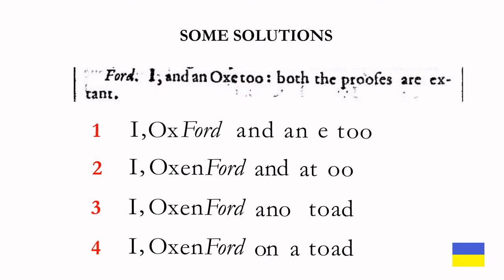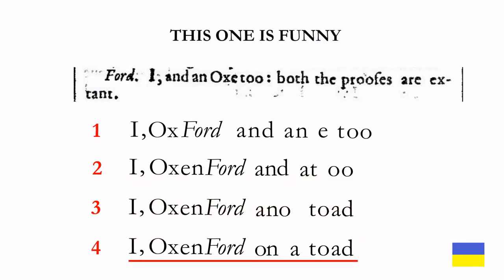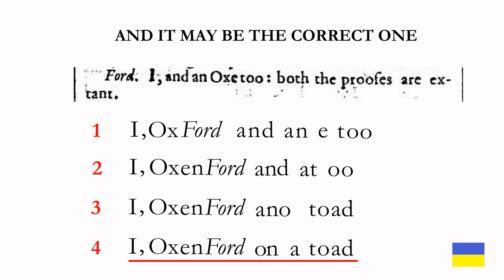Here are some solutions. Number 1, I, Oxford, and an E2. Number 2, I, Oxenford, and at OO. Number 3, I, Oxenford, and O toad. Number 4, I, Oxenford, on a toad. The first one makes kind of sense because he's saying I, Oxford, and an Earl too. The E stands for Earl. But number 4 is pretty funny, and it may be the correct one